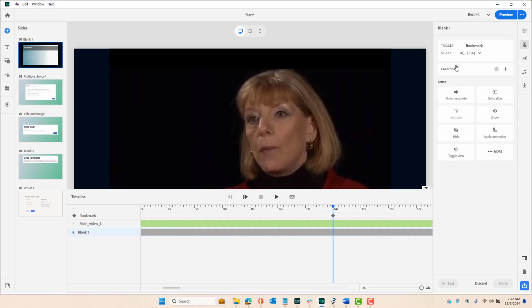And the action in this case is I want to have an overlay appear. So if I click on the more and scroll down through add overlay, I'm now going to select the slide that I want to appear. Well, I'd like that multiple choice question slide to appear, but I'm not seeing it in the list because the question slide was just the stock question slide and I didn't modify it to be a knowledge